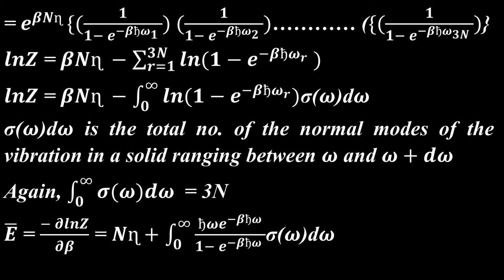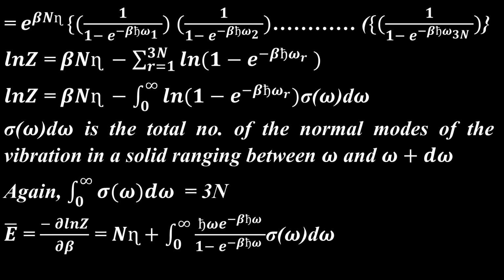Actually, these are important terms, and from these terms, on the next page or later, we will see the Debye T-cube law derived from this equation. From this point, we again get integral from 0 to infinity of sigma omega d omega equal to 3n. Actually, this is the value obtained, and hence we get